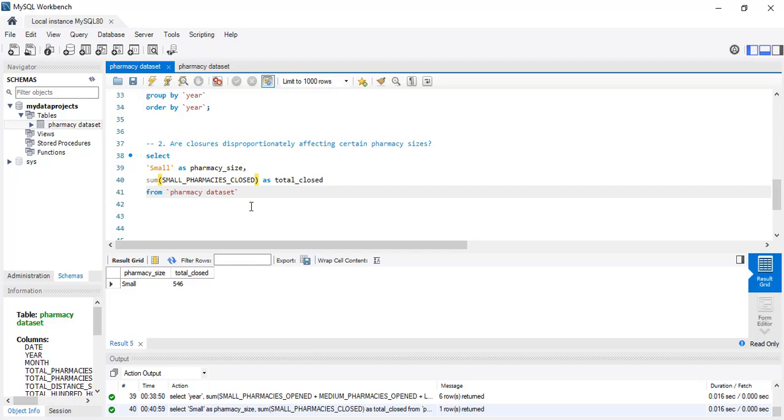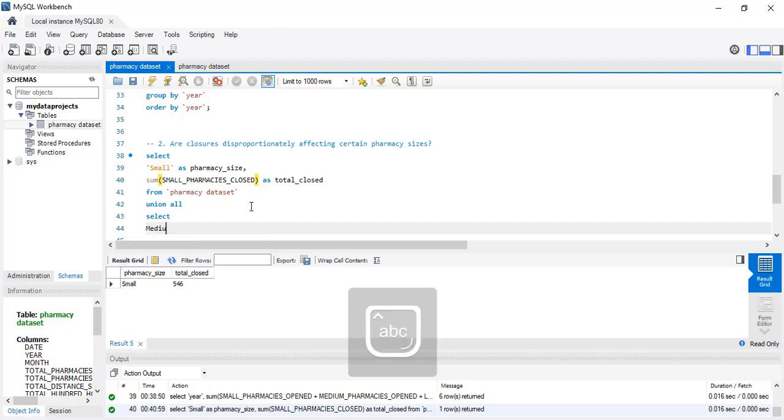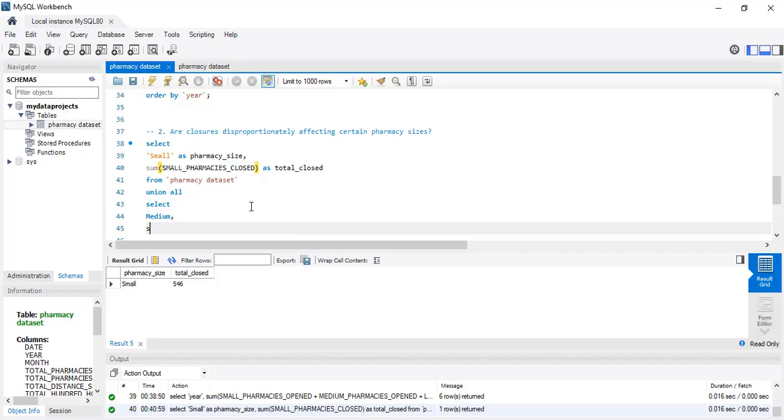So we're going to repeat the same, but then to make it all come together in one table, we're going to use the UNION OR keyword. So union or, then you repeat the same for the medium. Select medium, comma, then sum of the medium pharmacies,